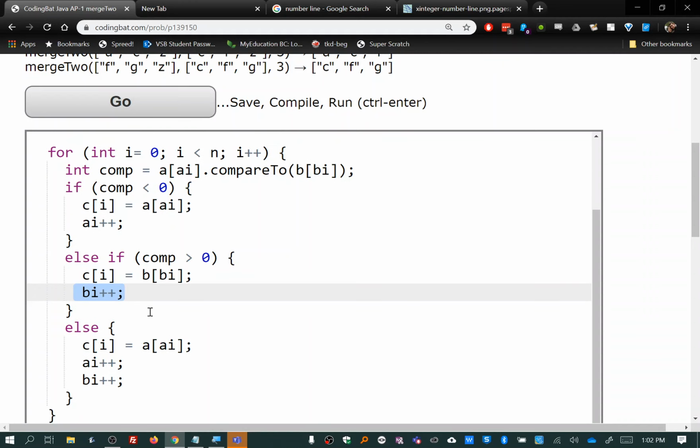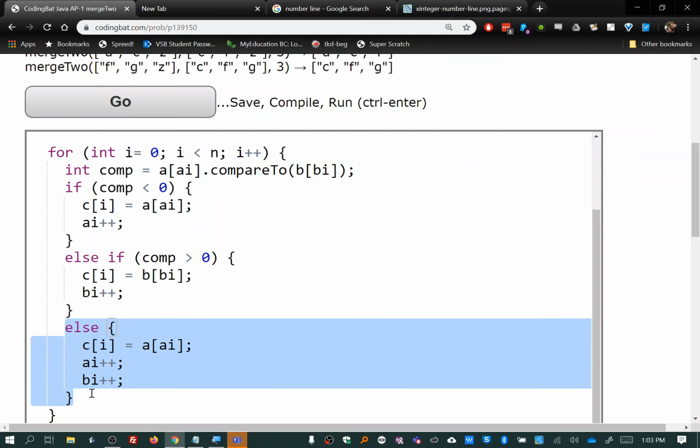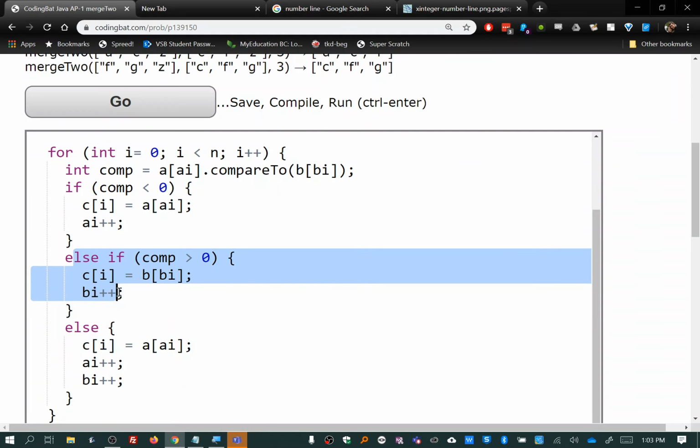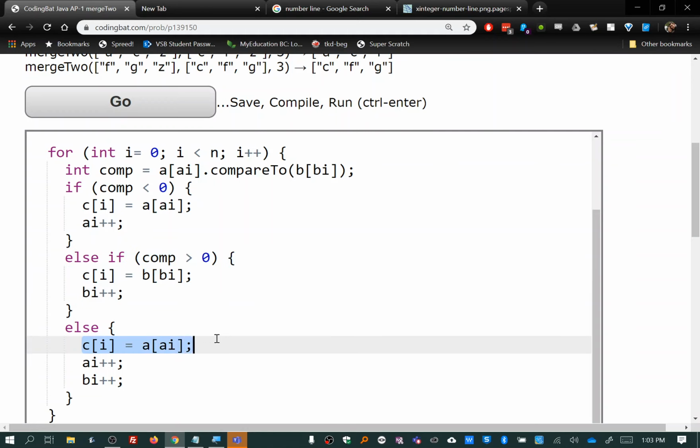Last but not least, well, guess what? If they were equal, it doesn't matter which one we copy over from. I could copy over from A or B, it doesn't really matter. So I copy it over from A, but then you've got to increment them both forward. And this is the one that I struggled with. I made some elaborate while loops. I put a while loop in here and a while loop in here to move them forward. But it turns out to be just that simple. If they're the same letter, then move them both forward. Copy it over, but you don't need to